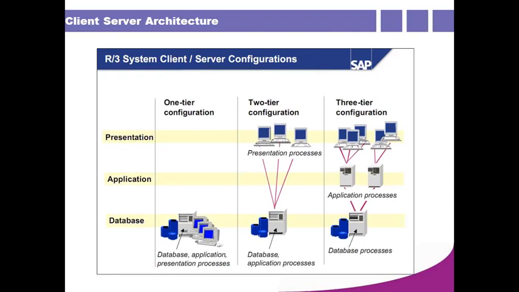So there is no dedicated RAM for the database, no dedicated RAM for the application layer, and no dedicated RAM for the GUI. Because of any problem, if the database is consuming a lot of memory, say 7, 8, 9 GB out of 10 GB, then without having any problem themselves, SAP and the presentation layer will suffer. So the performance will go down, and the communication happens very slowly.